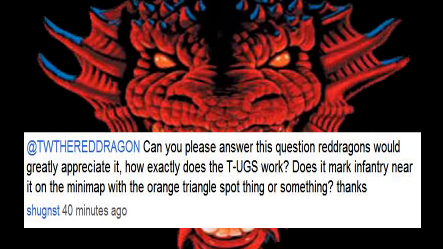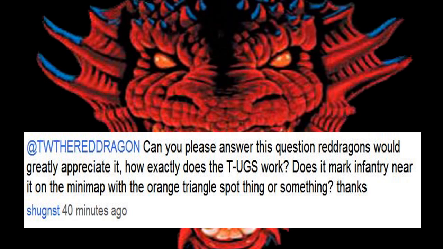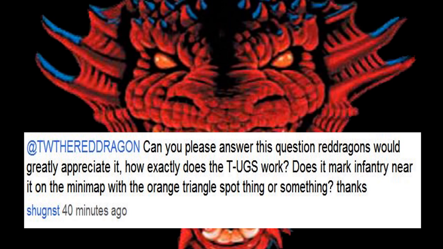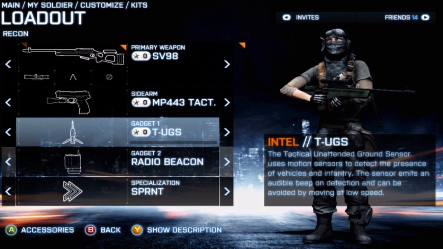How exactly does the T-UGS work? Does it mark infantry near it on the minimap with the orange triangle spot thing or something? Thanks. That's actually a really good question because I get asked that a lot, so why not make a video about it? First, let's take a look at what the specialization page, the Customize Your Kit Soldier, says about the